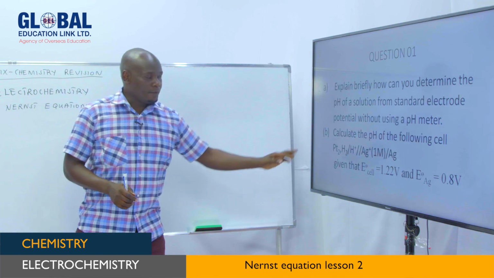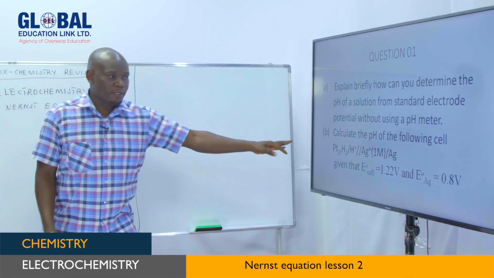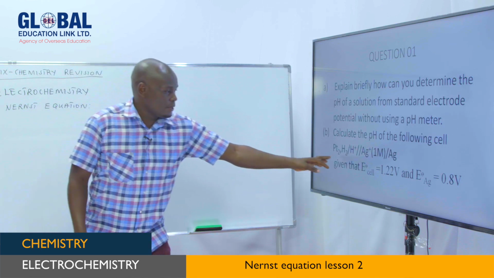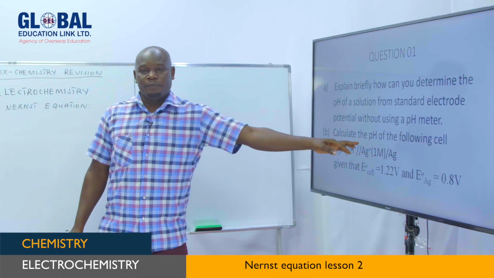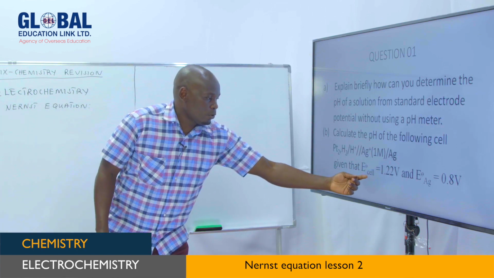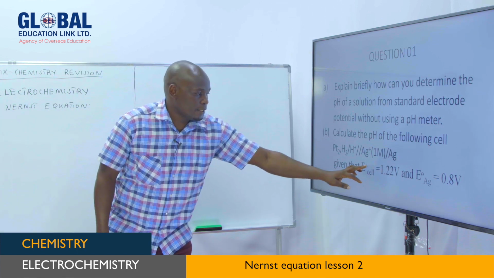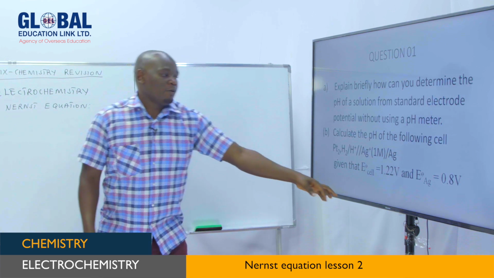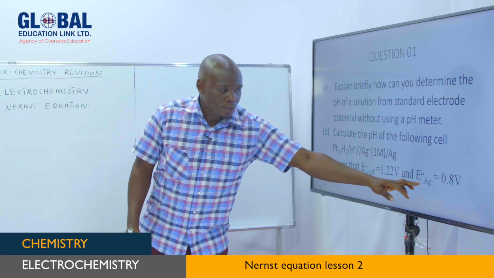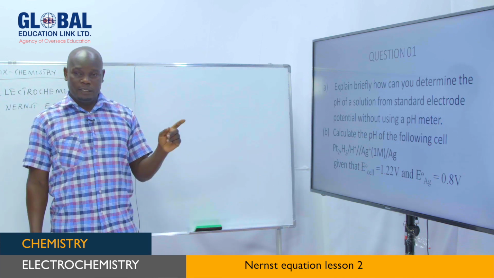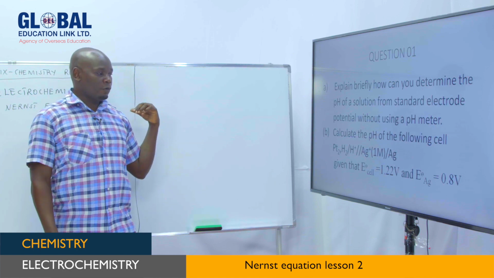And part B, you are asked to calculate the pH of the following cell, which is that of hydrogen and that of silver. And given the E standard electrode potential, this is the electrode potential of a cell. And you have been given the standard electrode potential of silver. If you remember from our